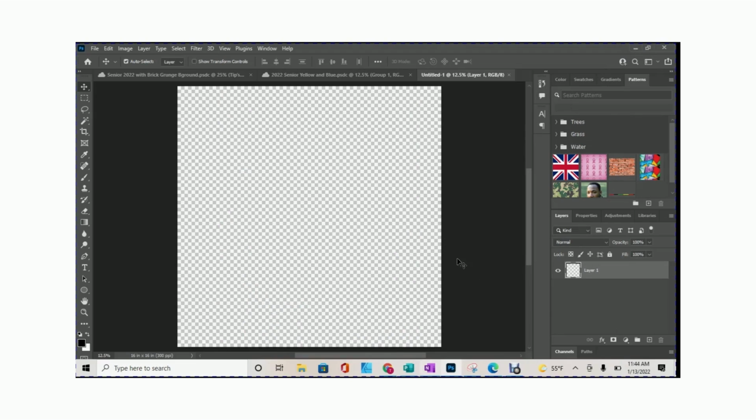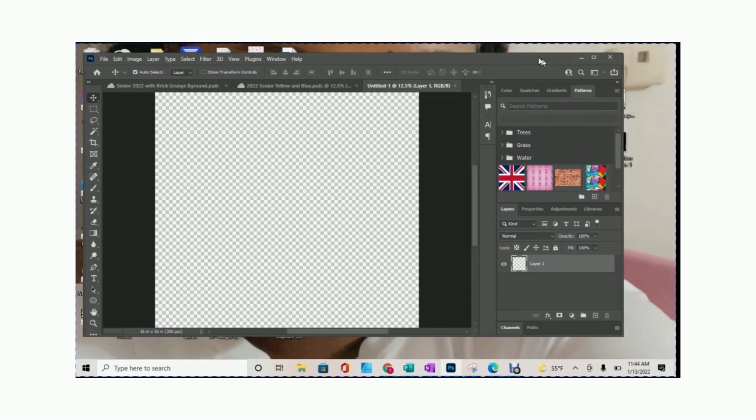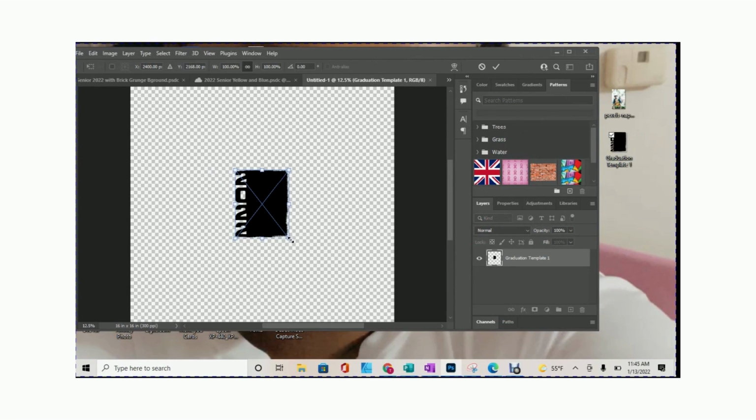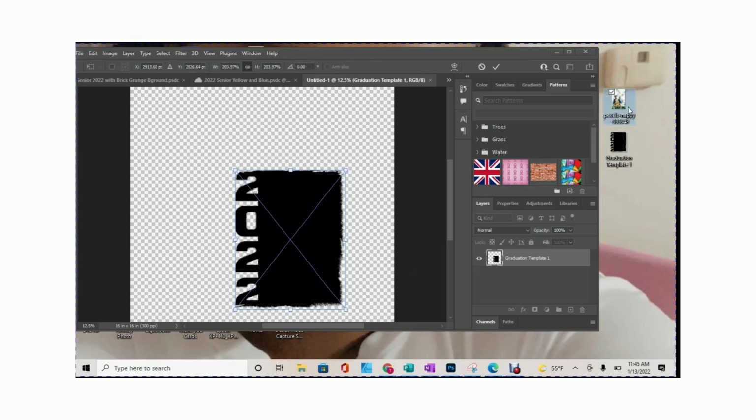Now I already have my images pulled up on my desktop right here. So I'm just gonna drag and drop. Here is my graduation template, and here is the image that I'm gonna use. Well, before I can drag that image in, I have to place that image by clicking on this checkbox up here, and then I'm gonna drag the graduation image in.